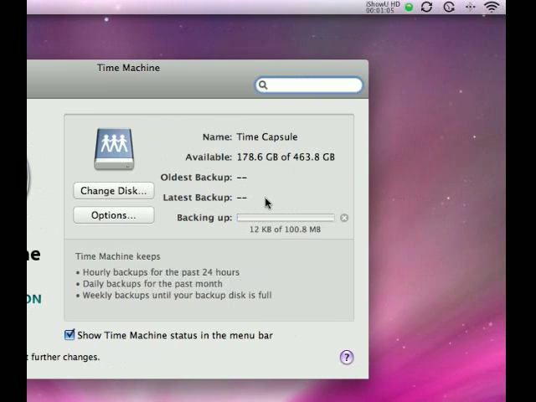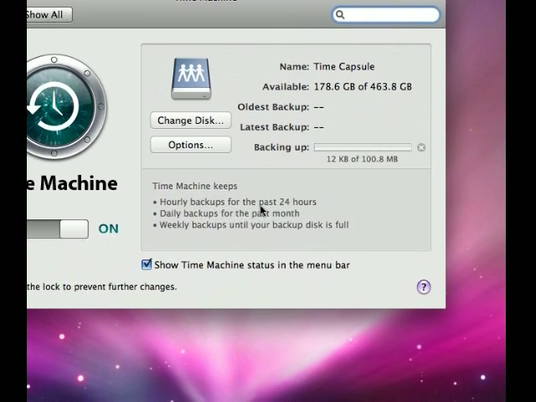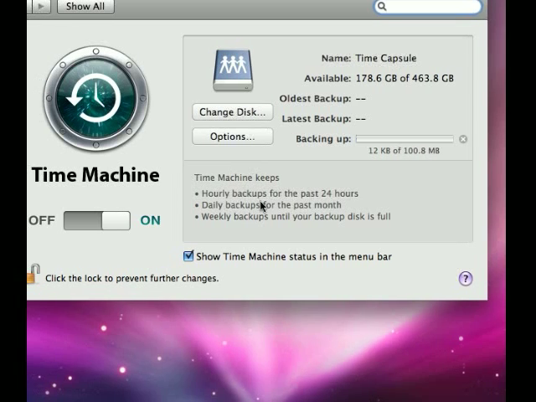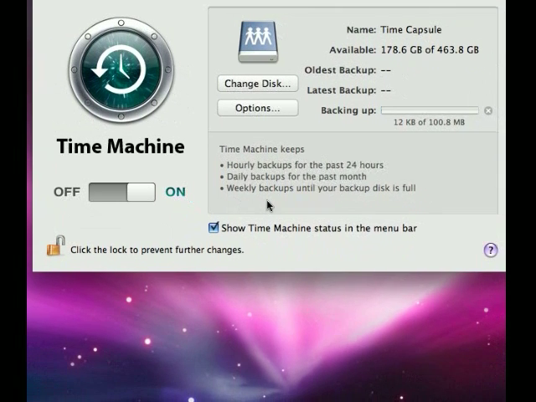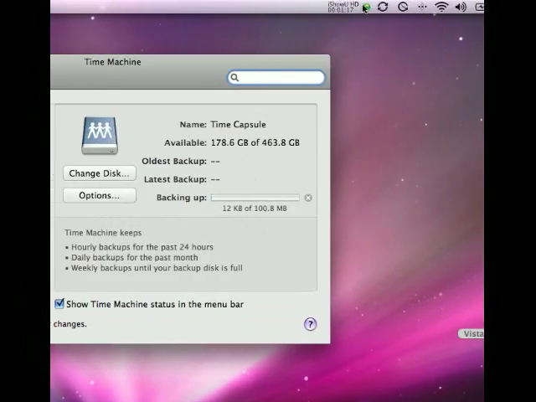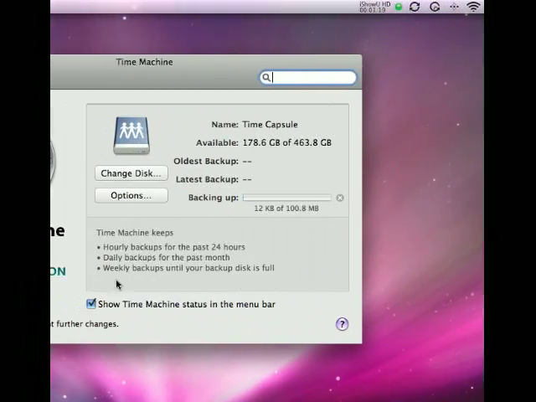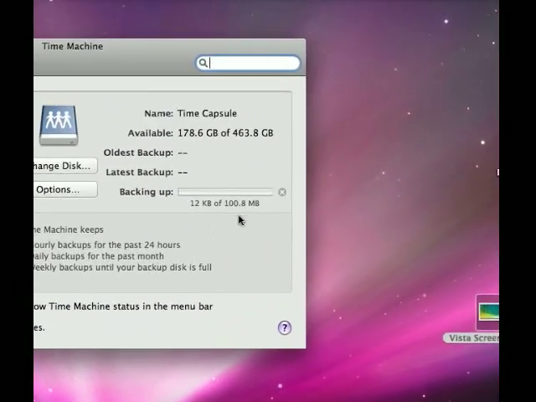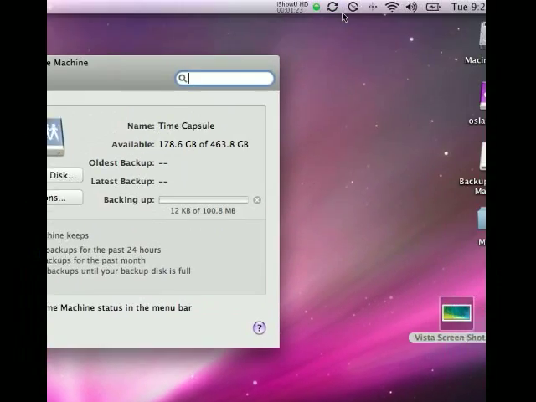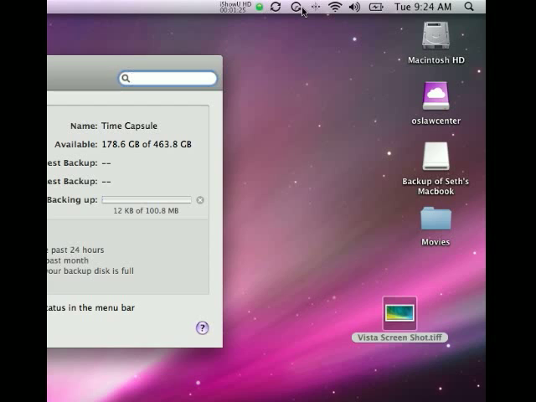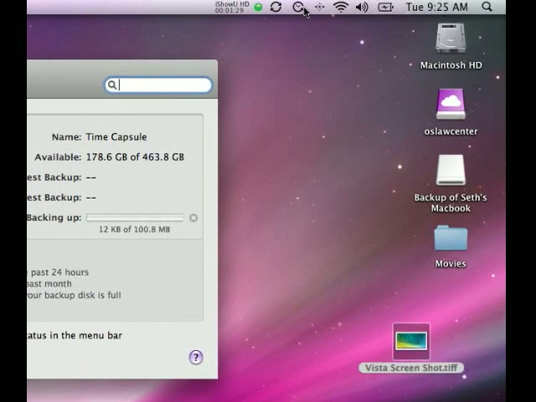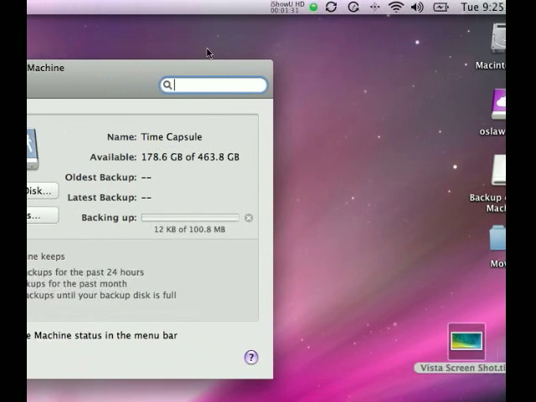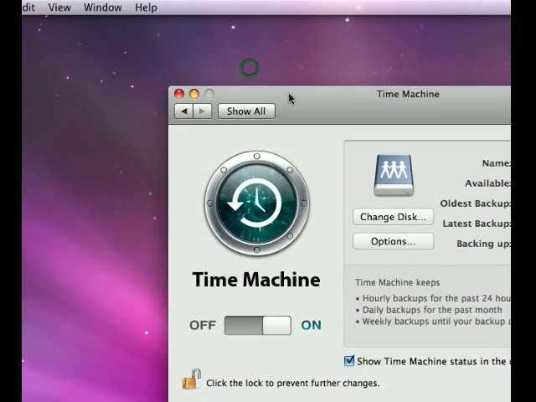What Time Machine does is it keeps hourly backups for the last 24 hours, daily backups for the past month, and weekly backups until the disk is full. Now, with a Time Capsule, it will just back up automatically. You can see the little icon right here. This is Show Time Machine Status in the menu bar. You can see right now Time Machine is working, and it's backing up my Mac right now. So to see how it works,